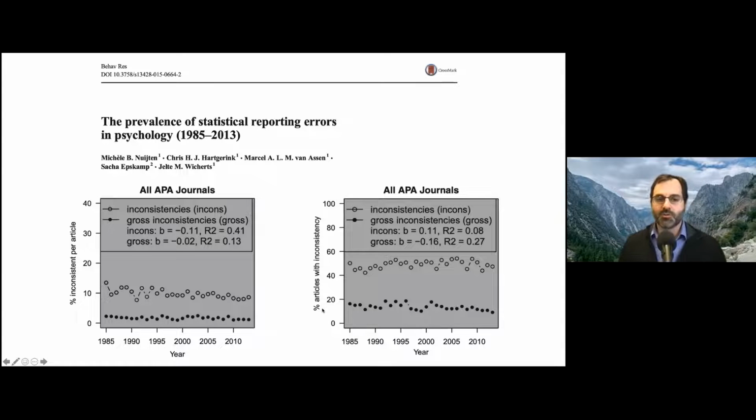This is the proportion of articles with inconsistencies, or percentage here. So about 50% of all psych articles had at least one statistical inconsistency, suggesting that there are some real potential problems in this chain from data to reporting, possibly closer to the reporting end, having to do with cut and paste errors, rounding errors, general biases in reporting, misreporting statistical values here. But this for me was very concerning because it suggested general problems in the analytic chain that were widespread and systematic.